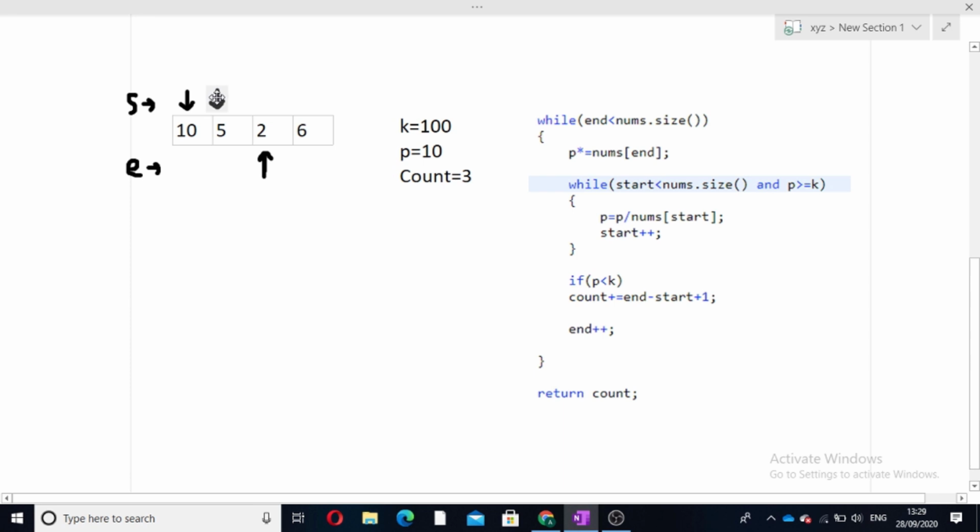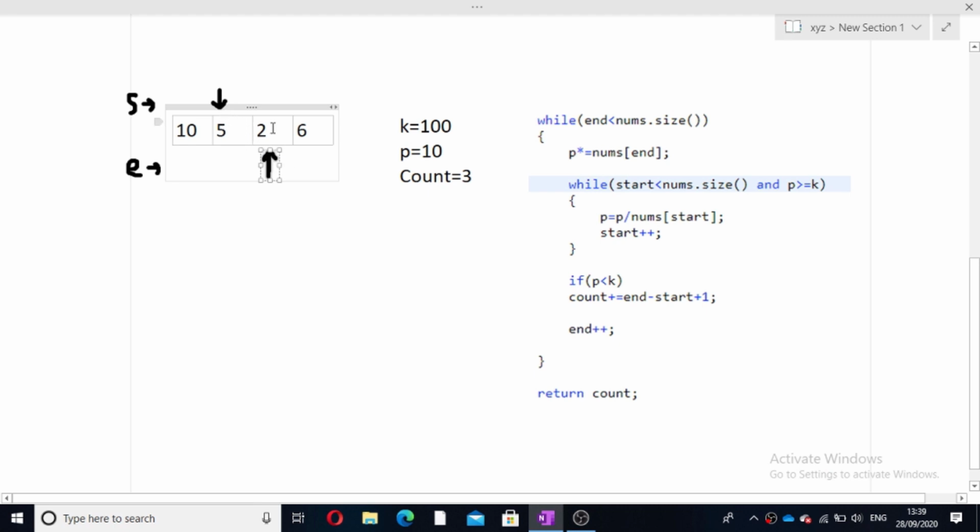It means that when we have done this step, p is equal to p divided by nums of start. Our p was 100, we have divided it by 10, so it will give us 10 and our start pointer will be incremented. So now the window, that is our p, the product, is given between this index and this index. Now our p has become 10 and it is the product of elements between this window, from start to end.